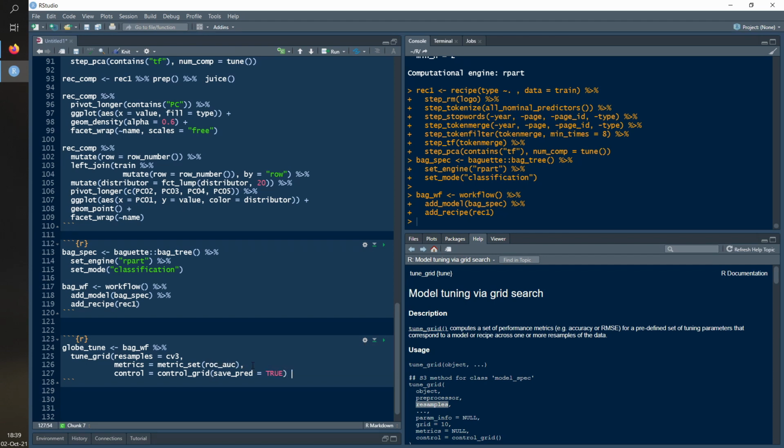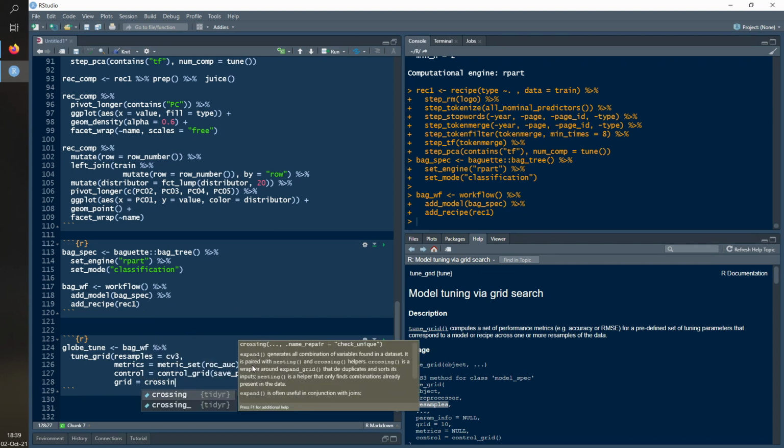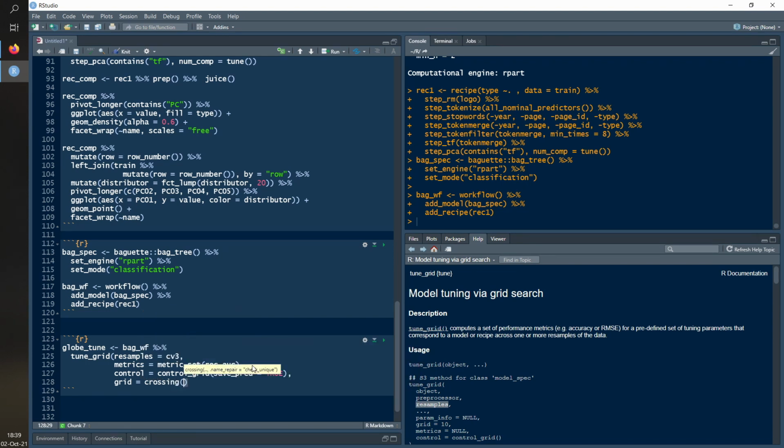Okay, this is the only thing I want, and let's continue. I need the grid, the only thing, crossing, which is an interesting and good function to use in a lot of cases. And say lambda comp is equal to